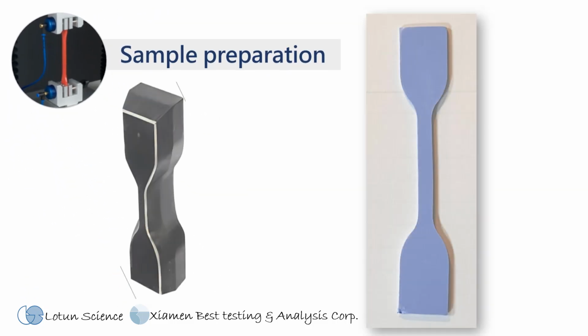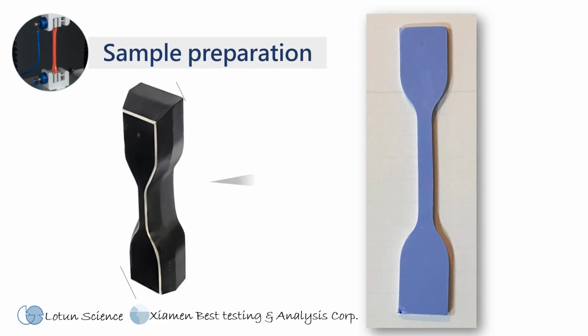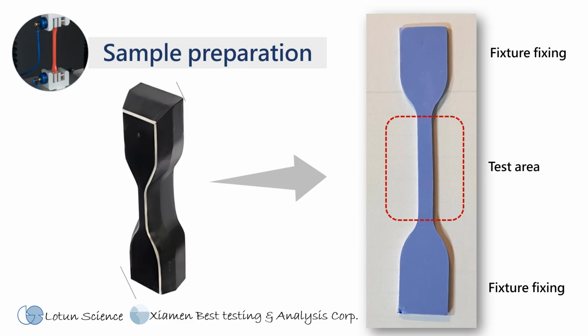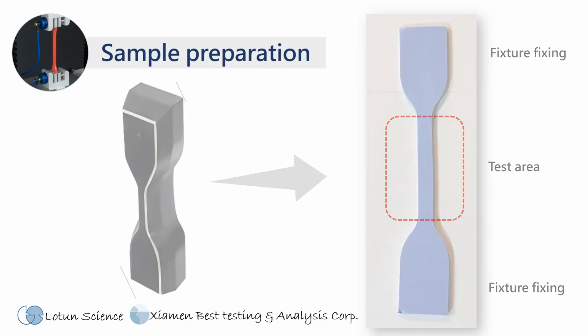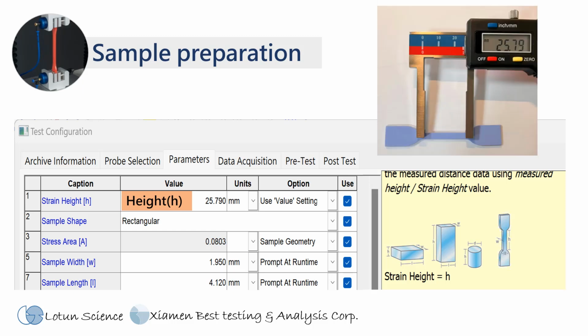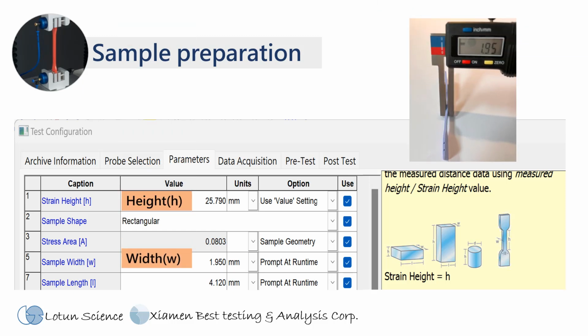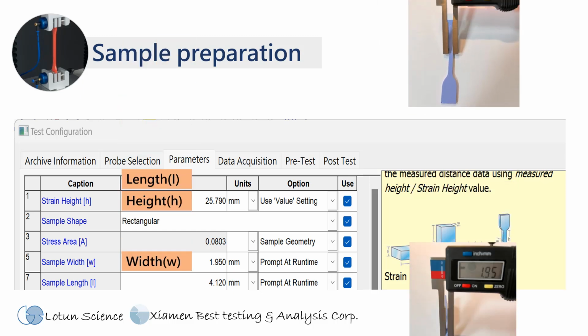Standard methods require the specimen to be prepared in a dumbbell shape. A punching machine or similar equipment can be used for standardization. The larger ends are for fixture clamping, and the middle section is the test area. Now let's look at how to set the dimensions of the test section in the software, inputting the sample's length,